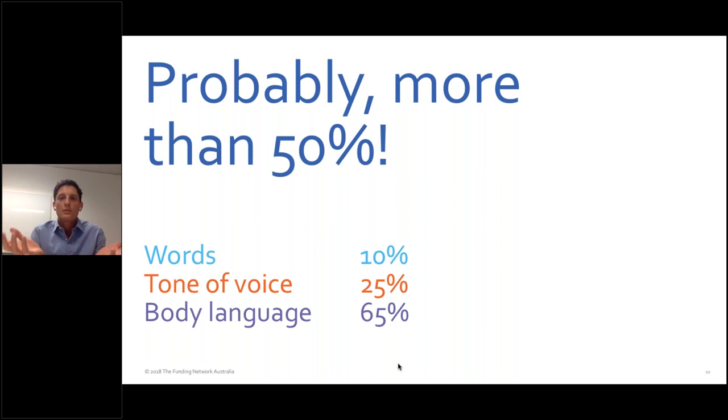So the combination of these two bits of information, that emotion is the key driver for human behavior and human action. If you want to get someone to act on what you're saying, then you need to bring them on board with a sense of, you need them to go on an emotional journey. And emotion is conveyed mostly through storytelling, as we saw in the Harvard Business Review example, and body language, as you can see in this non-verbal communication.